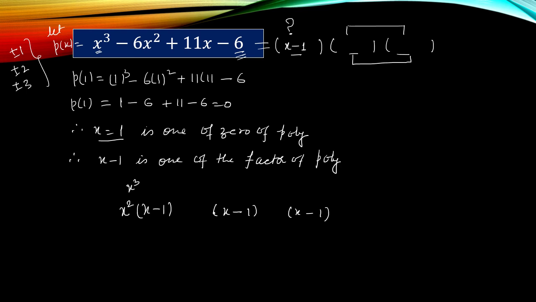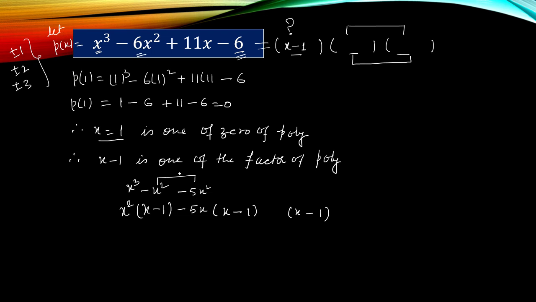We are interested in getting the polynomial again, that's why we are multiplying something in these three factors. Again we multiply x square into minus 1, so we get minus x square. Now our target is minus 6x square, but we got minus x square. So we have to multiply the second factor by minus 5x. So minus 5x into x, that is minus 5x square. And now by these two terms we get minus 6x square.